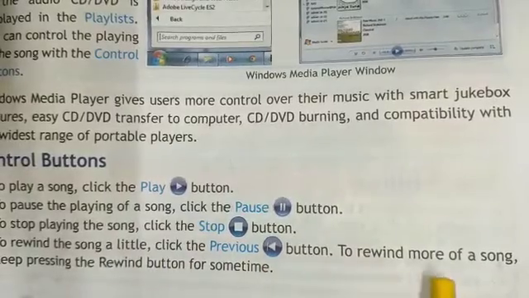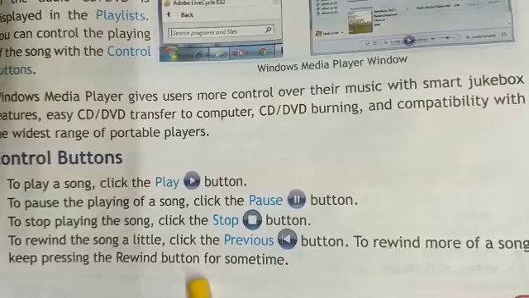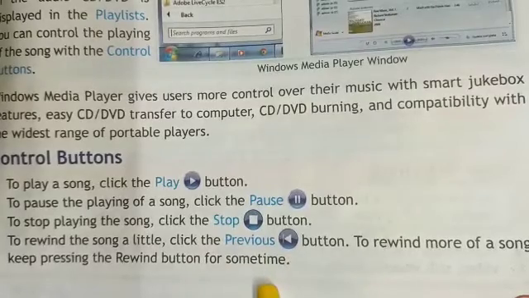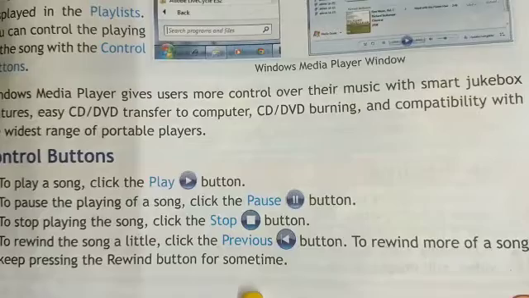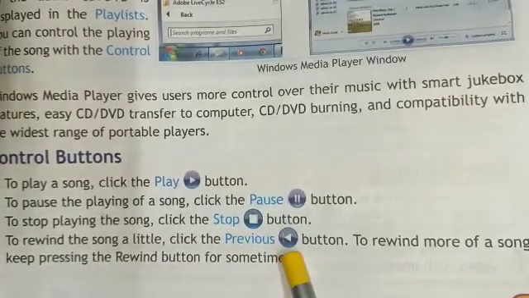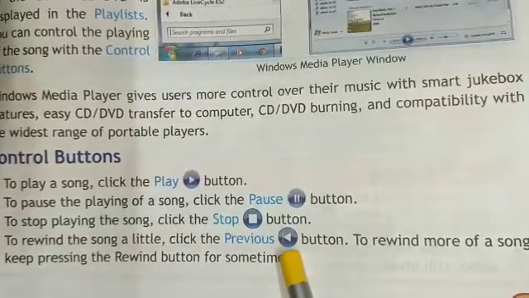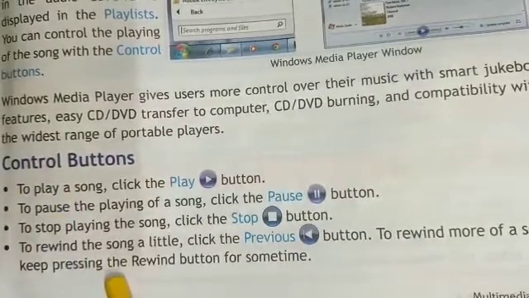To rewind more of a song, keep pressing the previous button for some time. So these are the control buttons of Windows Media Player.